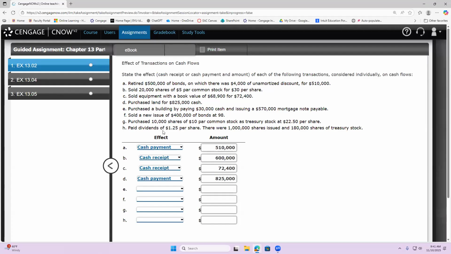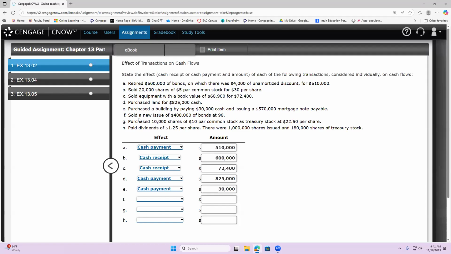All right. E, we purchase a building by paying 30,000 in cash and issuing a $570,000 mortgage note payable. What do you think happens there? Yep, cash payment of 30,000. You might ask, wait a minute, what's happening with the other thing? Whatever the other thing is, which is they're borrowing 570,000, it's not cash. So for this, we're just worried about cash. There'll be other consequences that will involve cash later down the road, but right now they're just paying 30,000 in